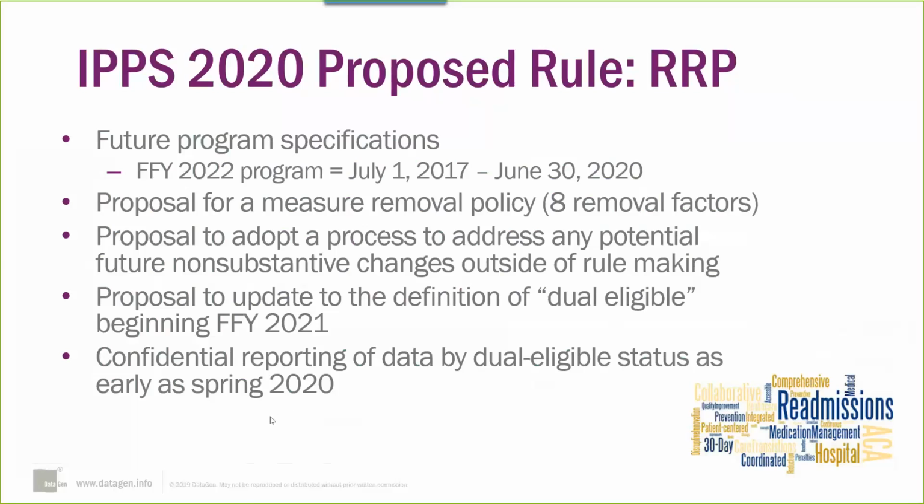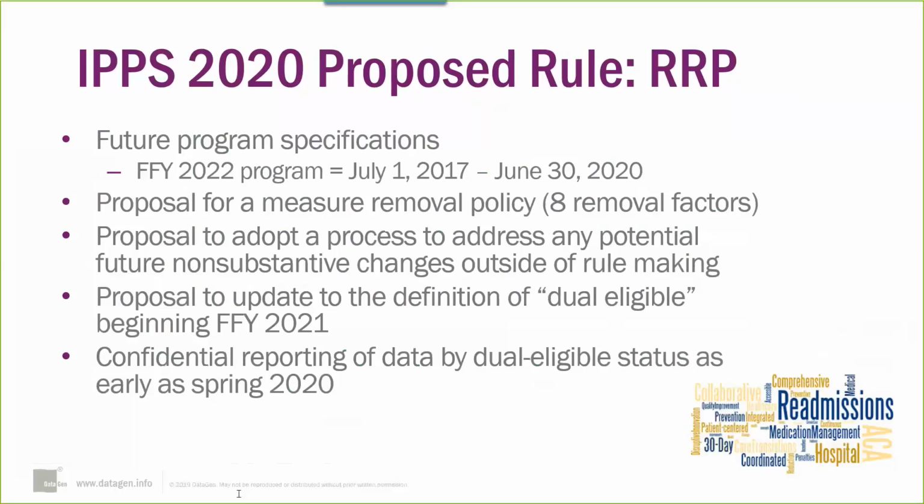CMS is also proposing to adopt a process to address any changes needing to be made to the program that are not major changes outside of the rulemaking process. Currently, for the readmissions program, if CMS has even the smallest change they need to make, they have to wait until its proposed rule time period to propose the change and then finalize it at the end of the summer. CMS wants to be able to do this more frequently as needed, and therefore they're proposing this change. This could be anything from a median excess readmission ratio for hospitals and a quintile, peer group assignments, anything that wouldn't really be substantive to have in a rule.